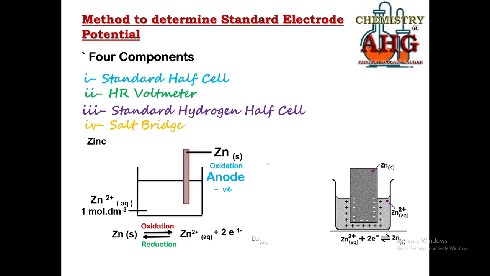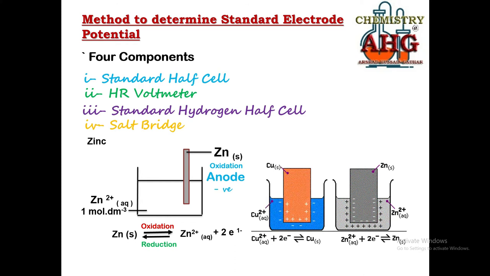As compared to this, if there is an electrode where reduction is dominating, like in this case copper, which is a less reactive metal, it prefers to undergo reduction instead of oxidation. It cannot lose electrons easily. So what happens when we dip a copper plate into copper sulfate solution? Since copper has more tendency to gain electrons, copper ions from the solution rush towards the copper plate, and from the copper plate they gain electrons and deposit themselves on the copper plate. When electrons are gained by copper ions from the plate, copper atoms are deposited on the plate.